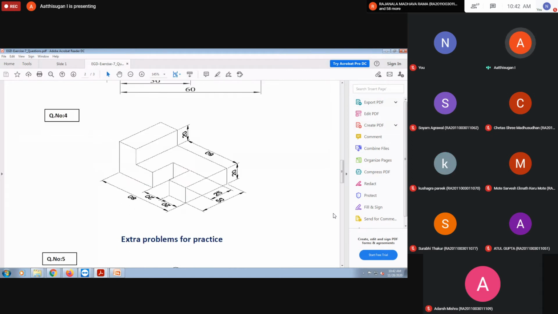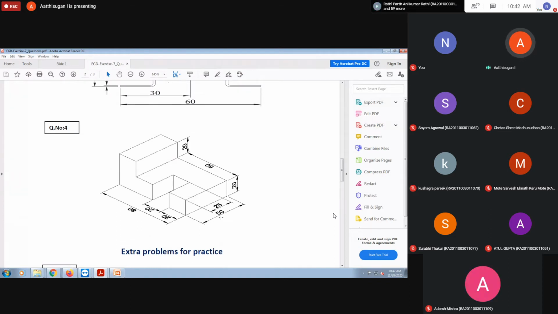Last, fourth question. Here I'm taking this as a front view. See my arrowhead. This is my front view. First we have to understand the dimensions. This may be 50, that will be the extrude length. How much is this? 80. Height is how much? 40. Very good, because this is 20 mm and here is 20 mm, totally 40. So I'm going to take it from front view.